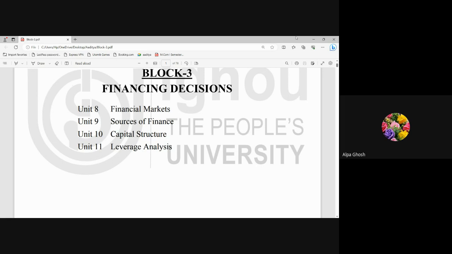The next part is your financing decision, the decision related to the raising of funds. It is the decision on the basis of which you raise funds with the use of various sources of funds that is available for a particular business. And then when we identify the sources, we try to explore the sources, we try to analyze the nature of sources in terms of cost of capital. So this is what we will be starting with, financing decision.